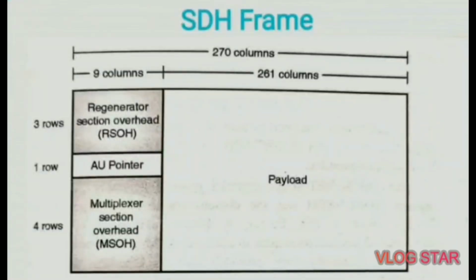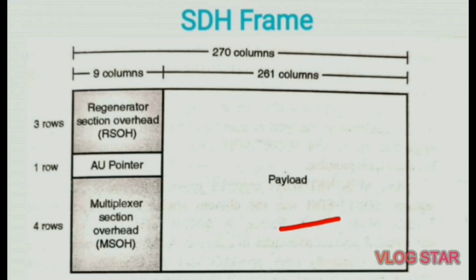Next is SDH frame. The basic structure of SDH frame consists of section and line overhead, path overhead, and synchronous payload envelope. The first, section overhead, is used to connect adjacent pieces of equipment. Then line overhead is used to connect two SONET devices, and the POH, that is path overhead, gives information about performance monitoring of end equipment, status signal labeling, a tracing function.